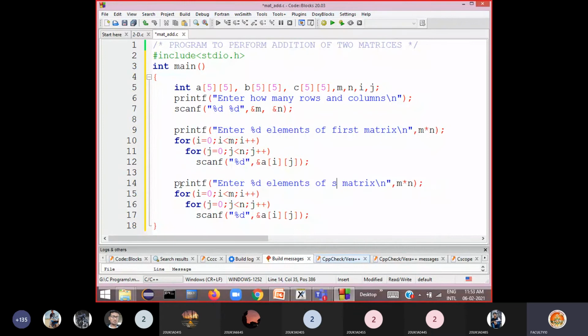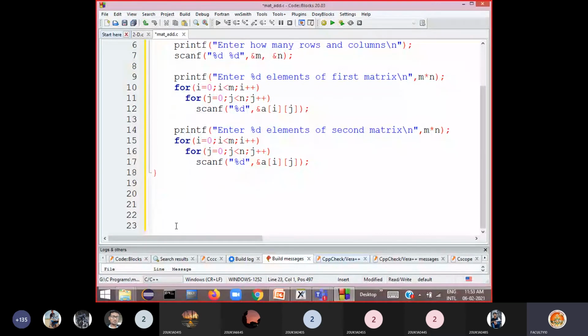Second matrix also has the same rows and columns, so again i should be less than m and j should be less than n.